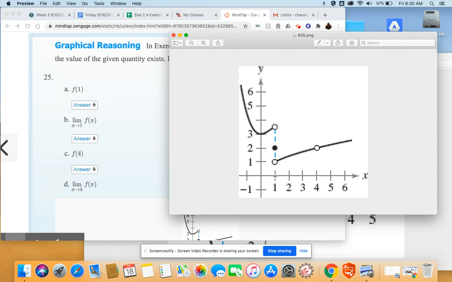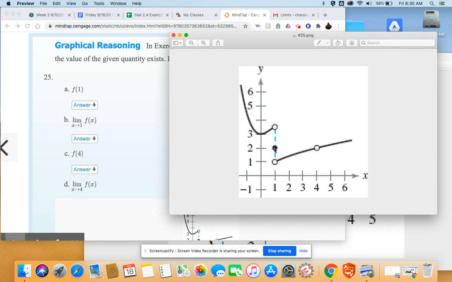So we're looking at this picture. We're looking at when x is 1, and we look above that, we see a lot of things going on here. We have this kind of parabola shape coming in from this side. We've got this shape here, which to me resembles a square root of x graph from this side. But when we look at an x value of 1, and they gave us this nice blue dotted line here, right here we've got an open circle, which means this part of the graph does not exist when x equals 1. And if we look from this direction, we come from the right-hand side,